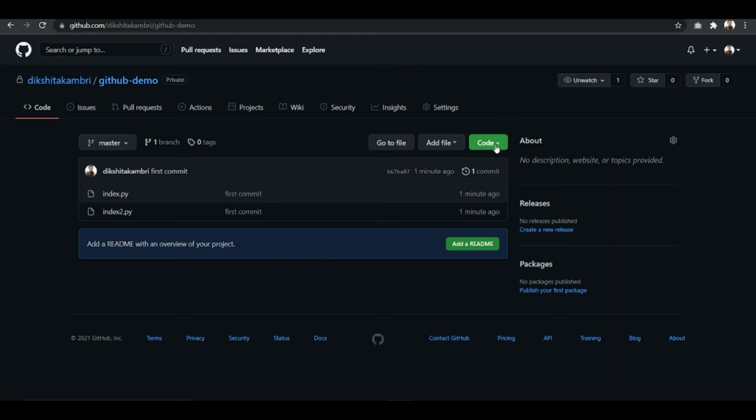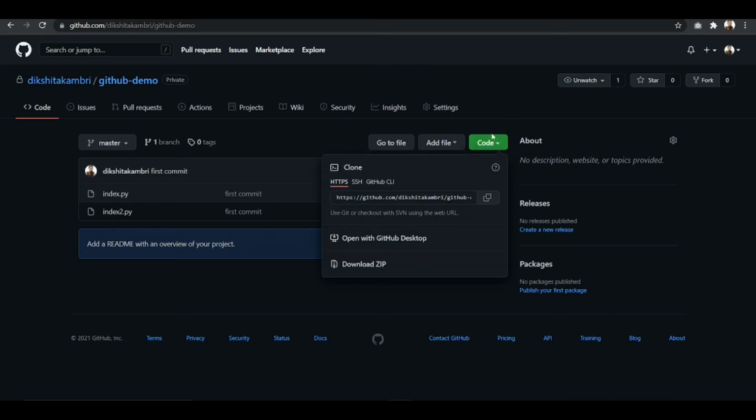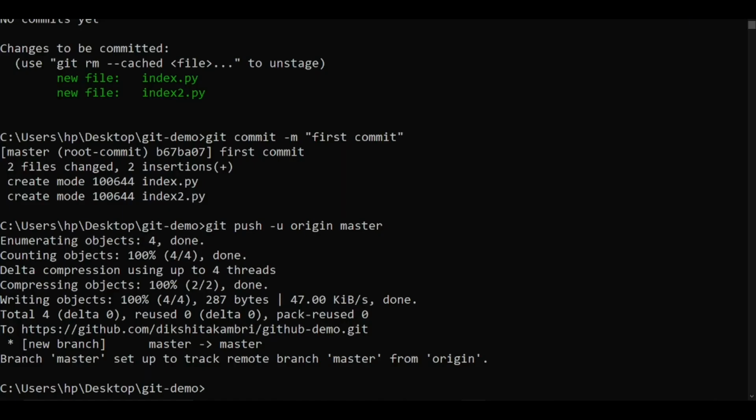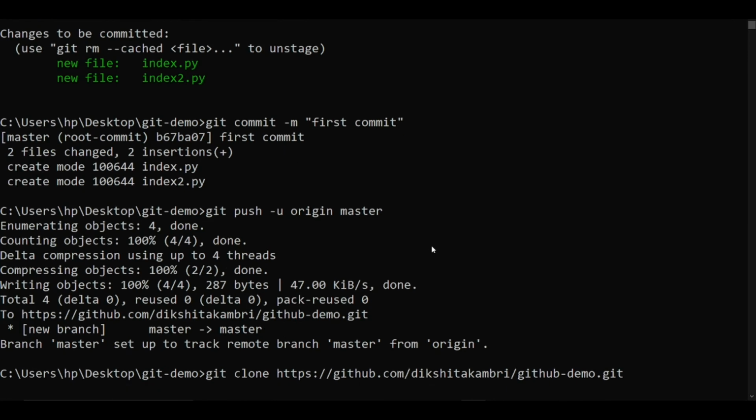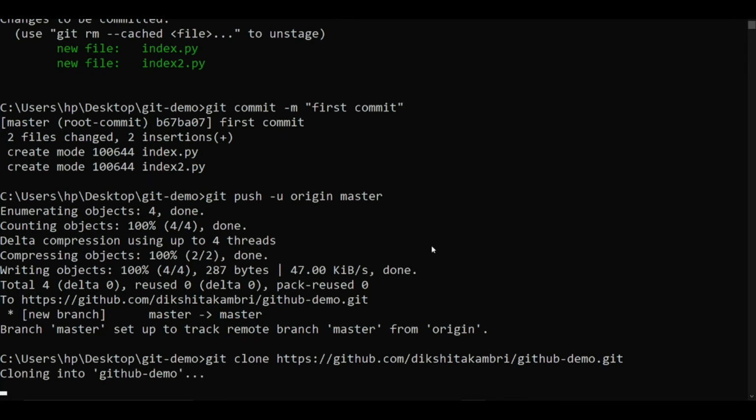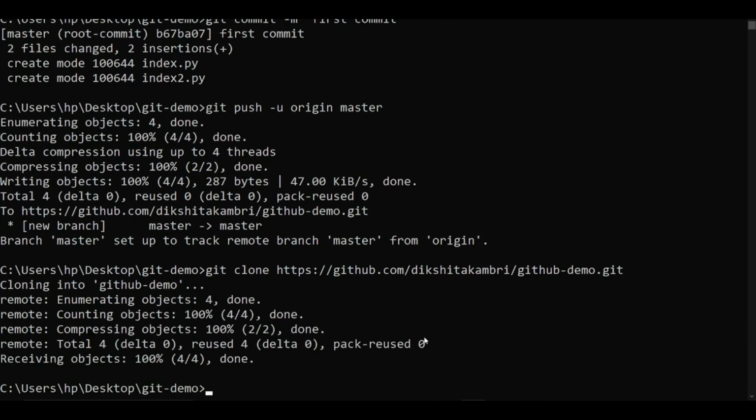What you can do is click on this green code button and copy the path, and use the command git clone, then enter that path and hit enter. It will clone this folder inside the git demo folder, since we have moved into the git demo folder only.